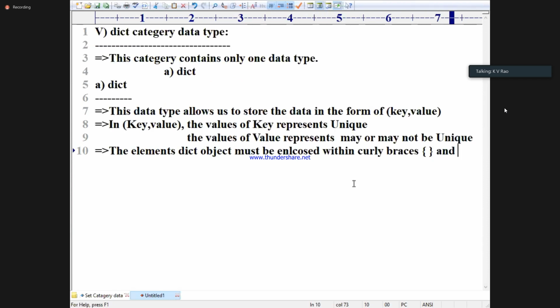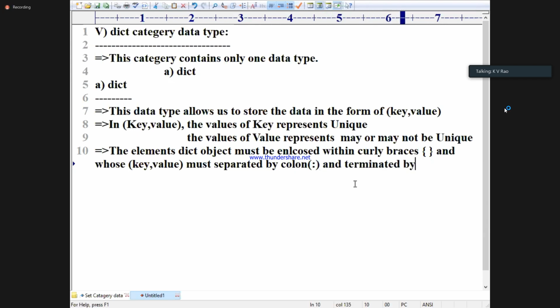and whose elements, whose key comma value pair, must be separated by colon. Syntactically I am explaining, colon, and terminated by semicolon.